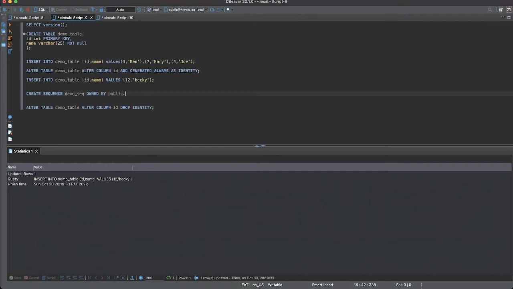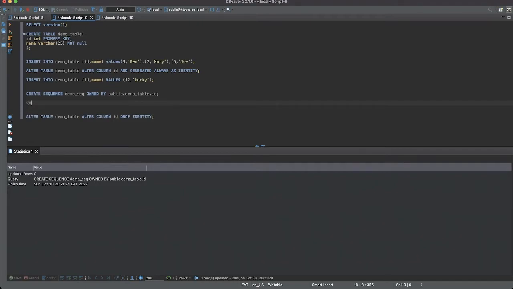So you just replace that with the schema that we are using, and the table that I want to target is demo table, and the column. So that's the way of creating a sequence. Control hit enter,